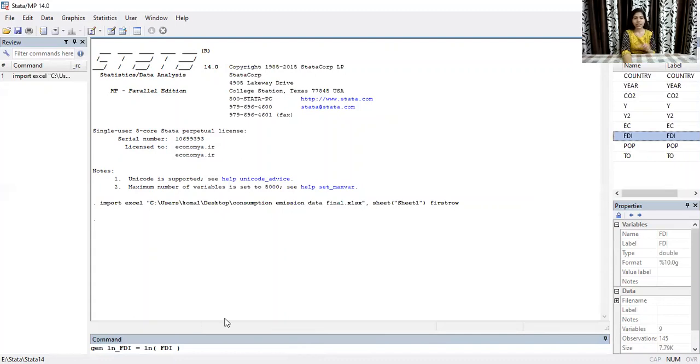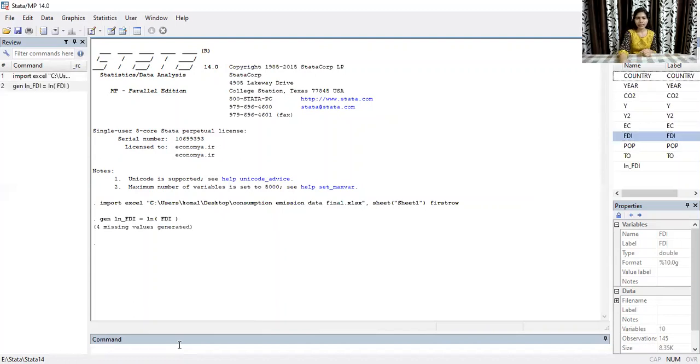This is basically generate ln underscore FTI. So you are naming the new variable which is in the log format. So generate ln underscore FTI is equal to. This new variable will be created by adding the command that is log of FTI within brackets.